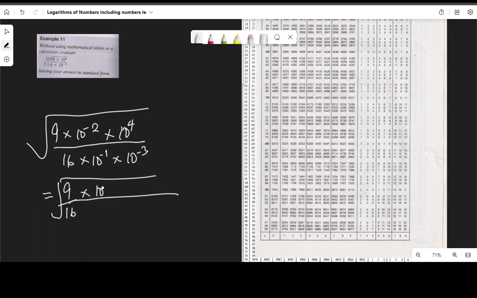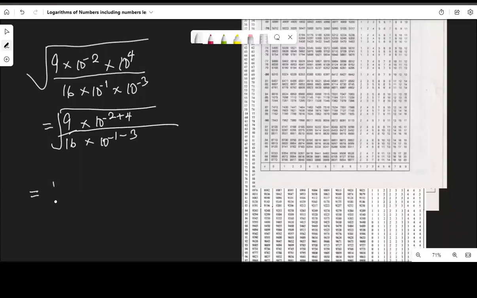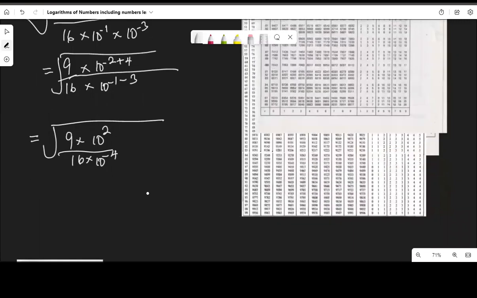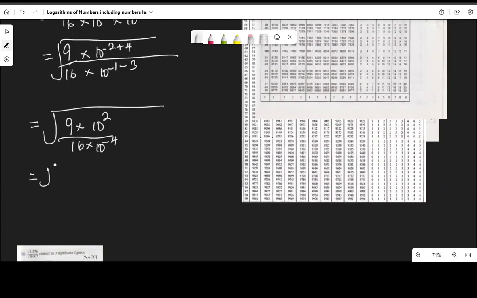10 to the power of negative 2 plus 4. Then this is times 10 to the power of negative 1, negative 3, which is square root of 9 times 10 to the power of negative 2 plus 4 is 2, all over 16 times 10 to the power of negative 4. That is minus 1 minus 3 is minus 4, which gives us the square root of 9 over 16 times 10 to the power of 2